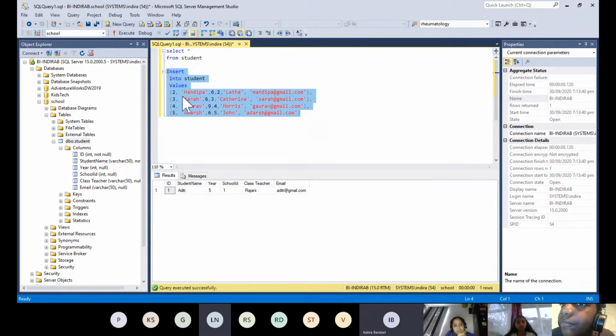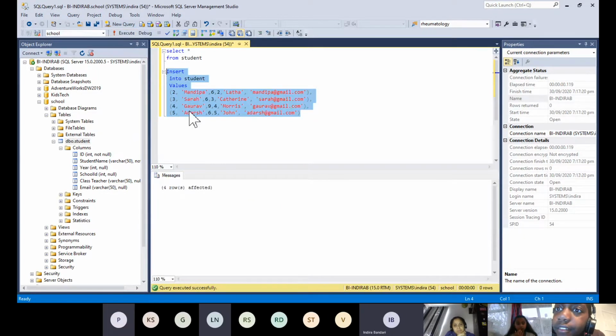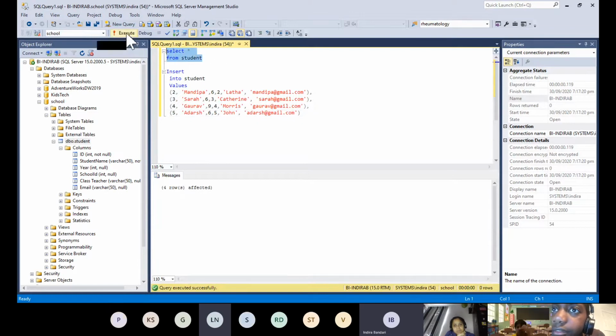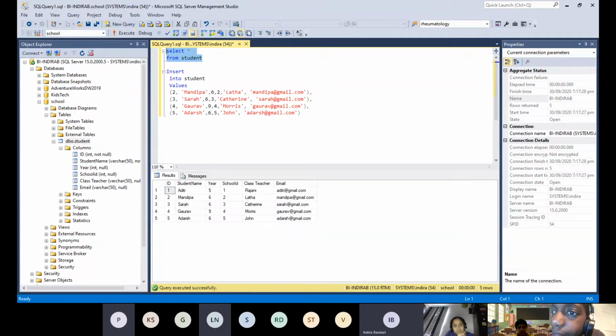Yes, 4. So altogether, how many rows? We have 1 here. 5 rows. So now if I run select star from student, how many rows will come? 5. Very good. Okay. So see, here is the data that we have entered.